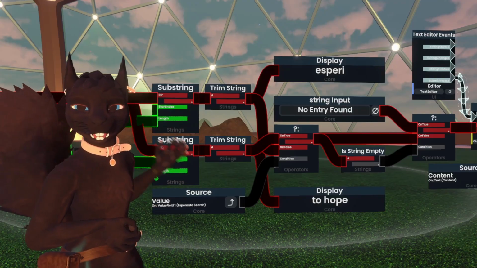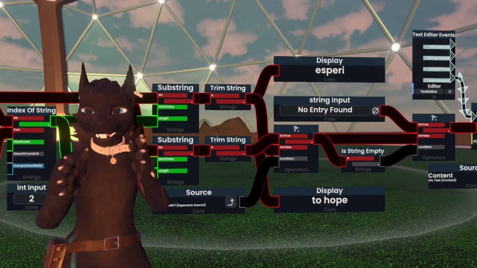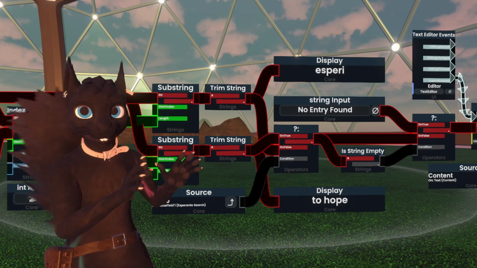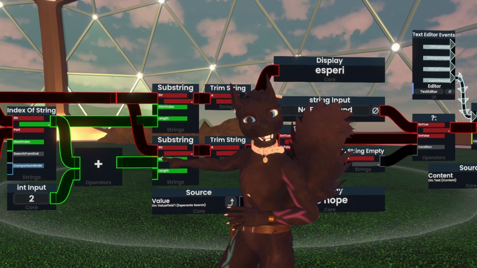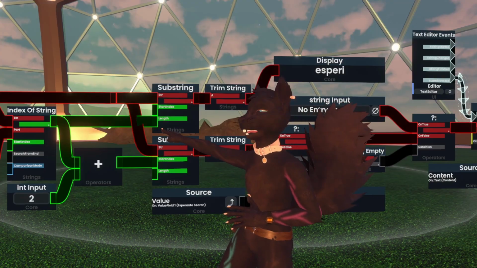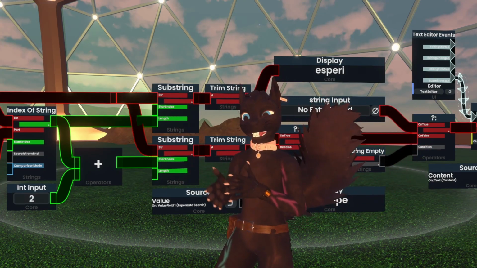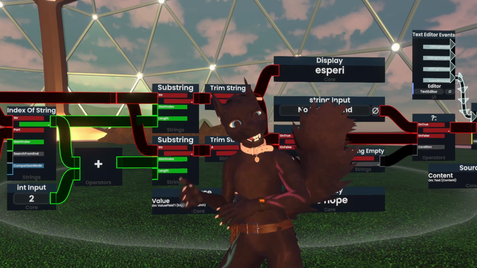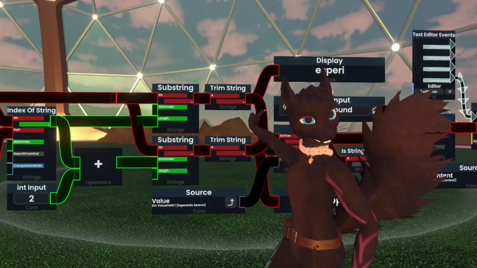As here we do more substrings. These ones are looking at Esperi, colon, to hope. The one on the bottom here, we'll do that one first. You see it just has a start index, and the green line goes to length for the other one. Like the green line goes to 2 different places, which is the beginning or the end. Simple enough. Now I'm doing a trim string,